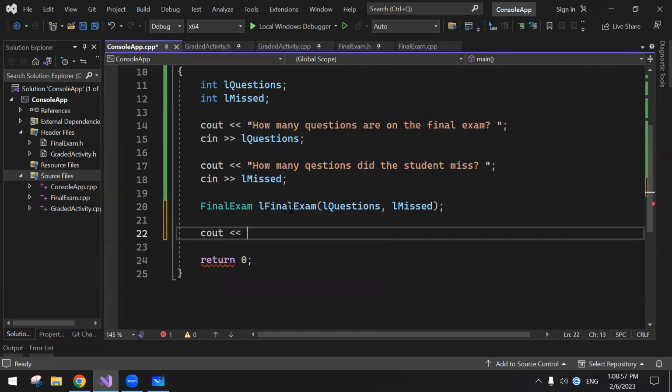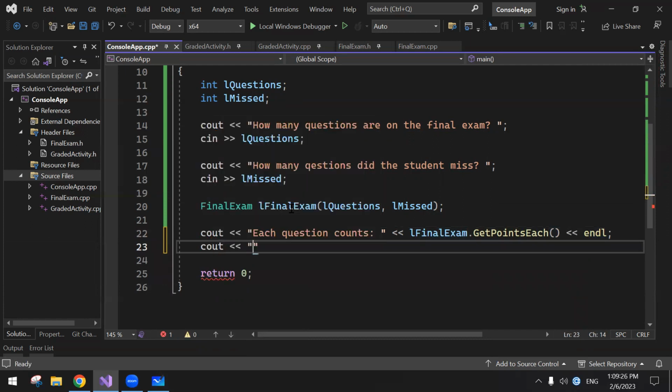So now I'm gonna say, L final exam, or let's give it each question counts how many points. So L final exam dot get points each. And then I'm gonna say the exam score is L final exam dot get, notice,